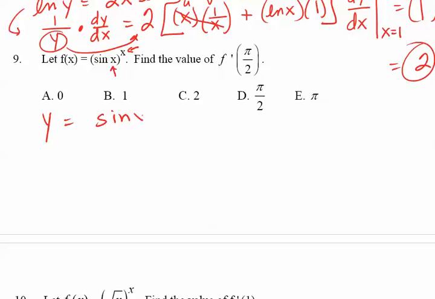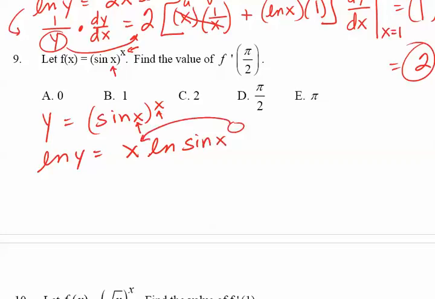All right, so change it to this form. And then we know the only way when we have a variable in the base and a variable in the exponent is to take the natural log of both sides. So then what we're doing here is taking the power and bringing it down in front. That's why we need to do logarithmic differentiation. All right, now implicit differentiation with respect to x. So 1 over y, chain rule on the y,